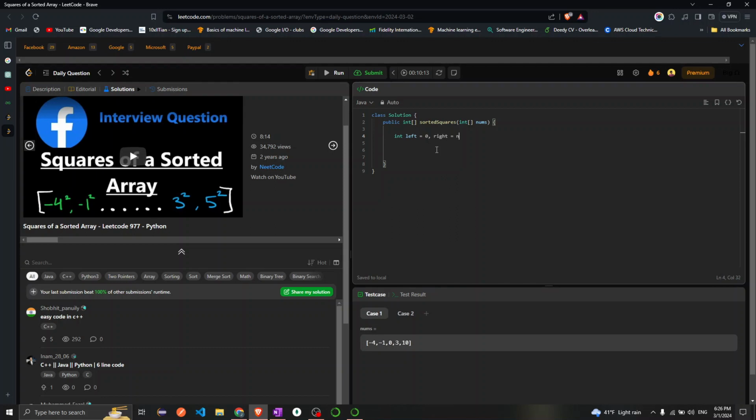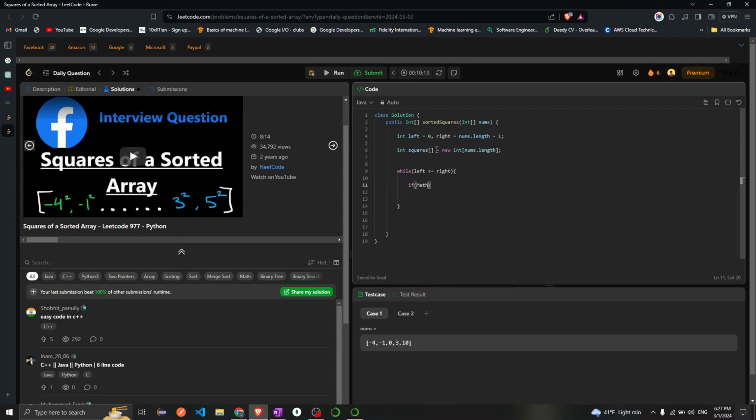And my right will be nums.length - 1. I'll build an array, new int of, let's say the name of the array is squares, that's fine, squares.length. Now what I'll do is, while my left is less than or equal to right,